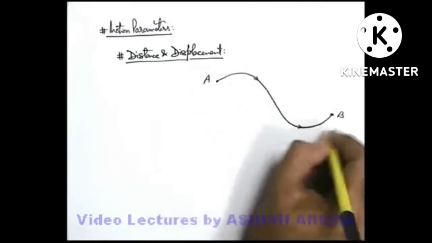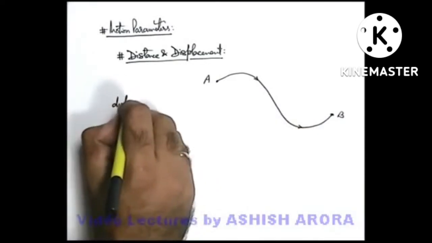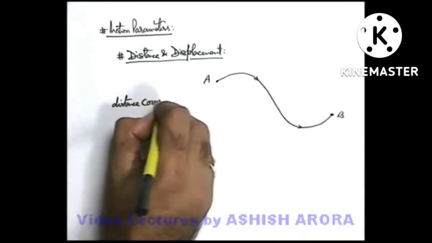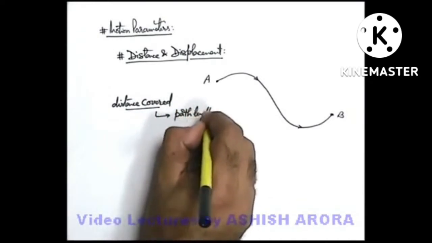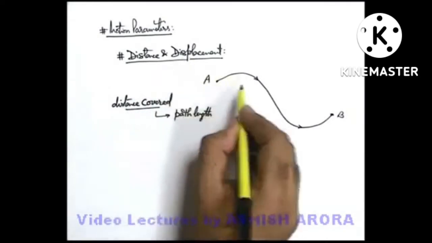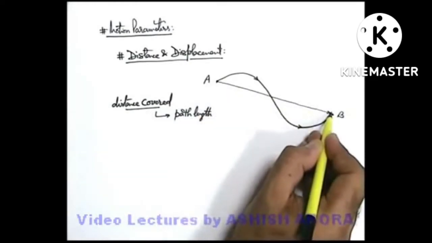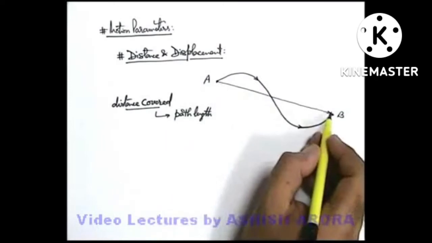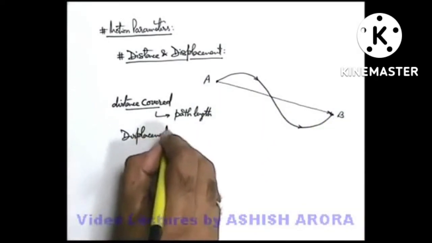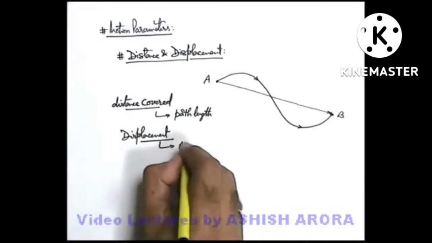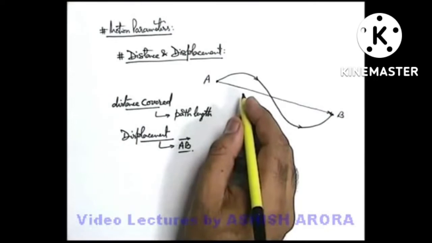This is the path along which the body is moving. So the length of this path we simply call distance. We just talk about distance covered. This can be written as path length. If we talk about the term displacement, it is the shortest distance between point A and point B. This A to B we call a displacement vector, because displacement is a vector quantity. When we talk about displacement, it is simply the straight line length A to B. This AB vector is the displacement vector which is associated with the body.